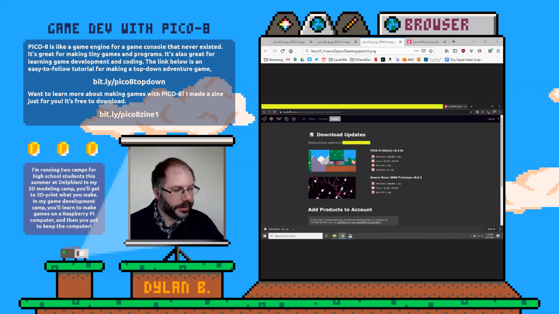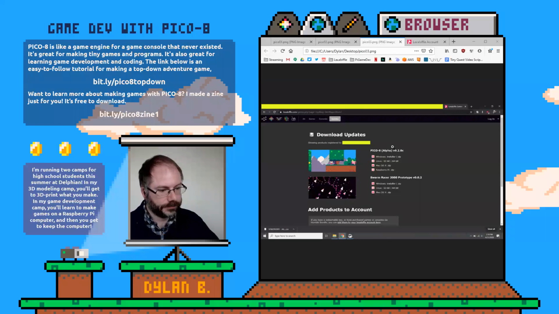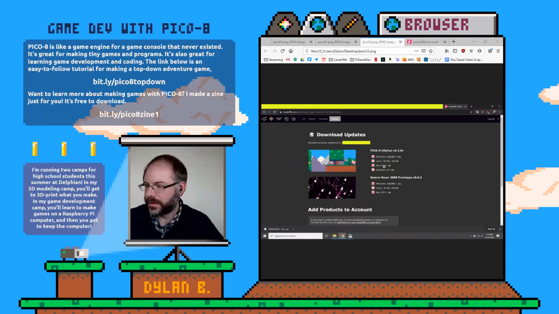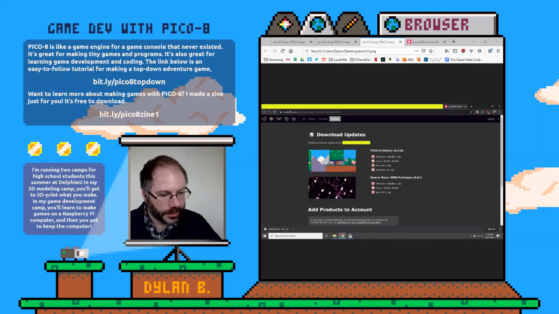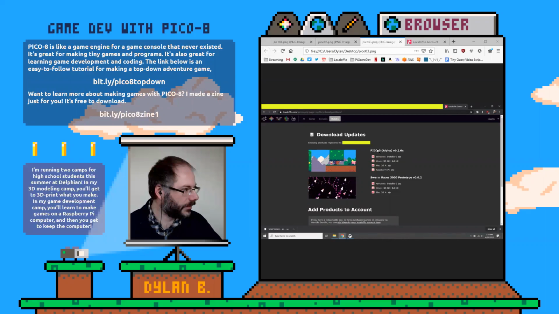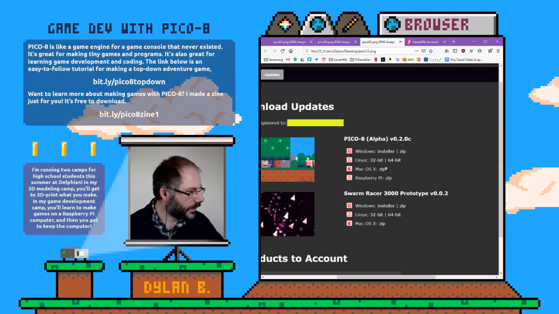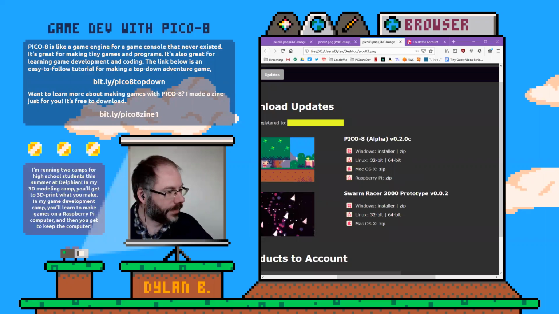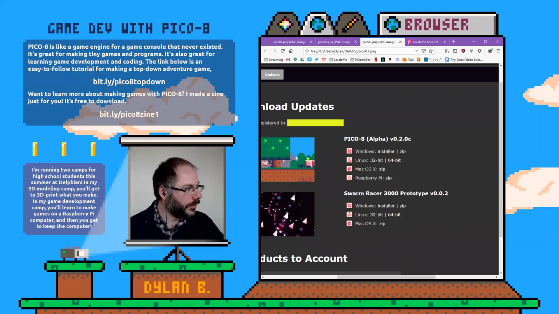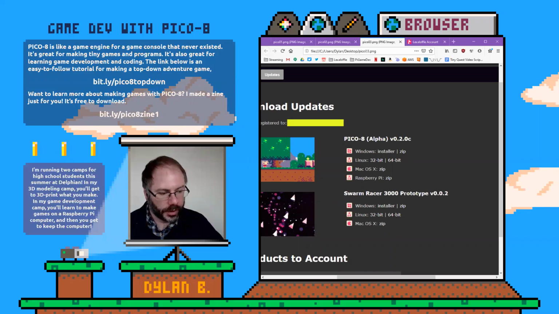Okay, so London, at the download page, are you on a Windows computer or a Mac computer? Okay, so what you'll want to do is see where it says Mac OS X and it has the word zip right after it. Click on the word zip after where it says Mac OS X in the Pico 8 section. Right here, where it says Mac OS zip. That will start a download of Pico 8 to your computer.